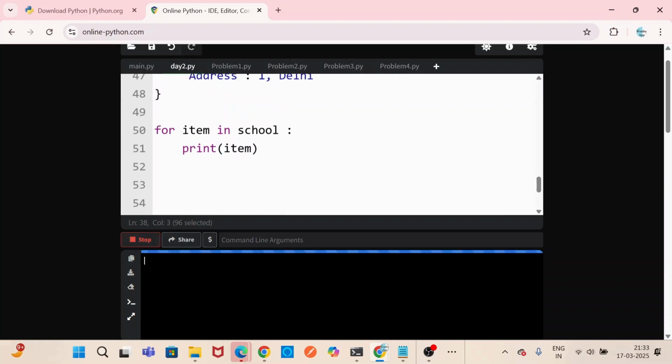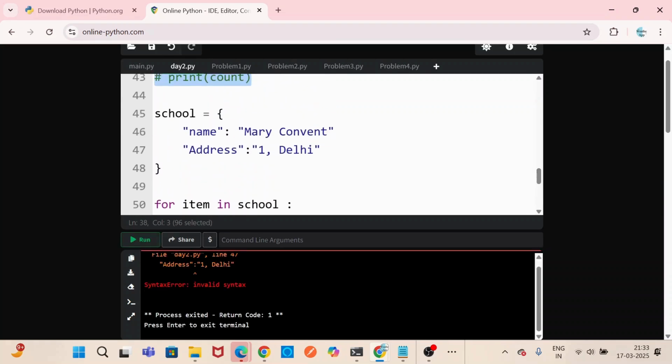So now let's print the values. It's some error. Okay, so basically